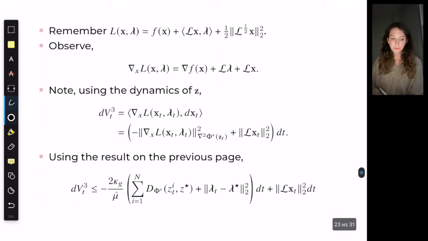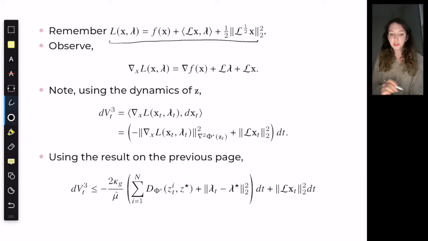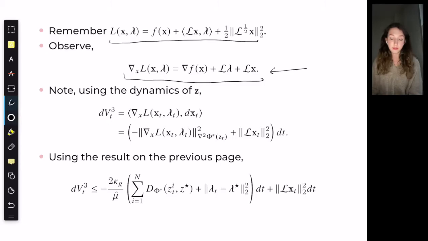Okay, remember the definition of the augmented Lagrangian, which is given by this, and observe that the gradient of this augmented Lagrangian with respect to x is given by this second line. Now, what we will do is we will differentiate dv3 in the same way that we've done before. And the interesting thing here is that by the way we have defined v3, its time derivative actually results in this gradient of our augmented Lagrangian. So this is kind of the motivation for the way we've defined v3. It has a relationship to this augmented Lagrangian, which is the thing that we use to